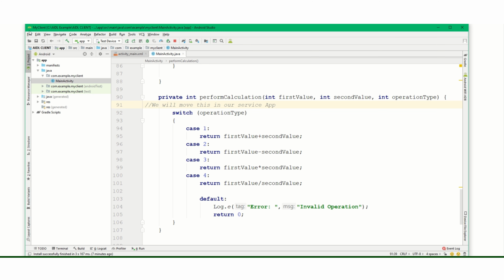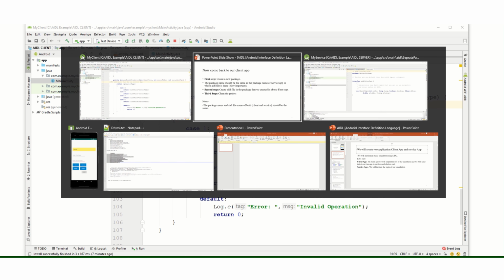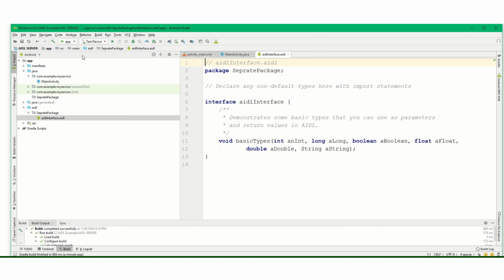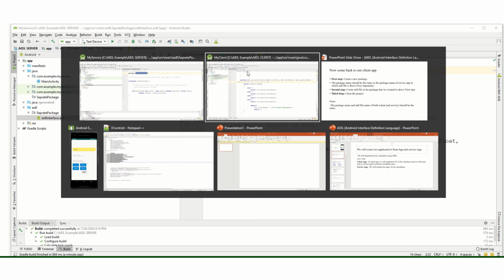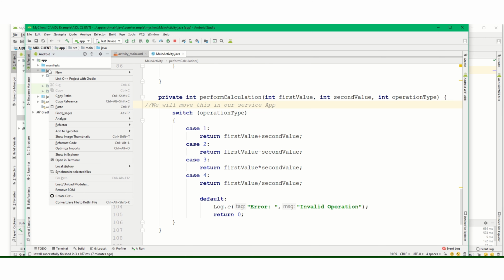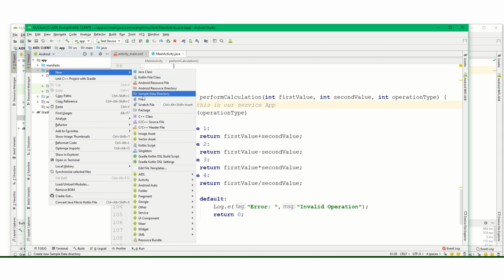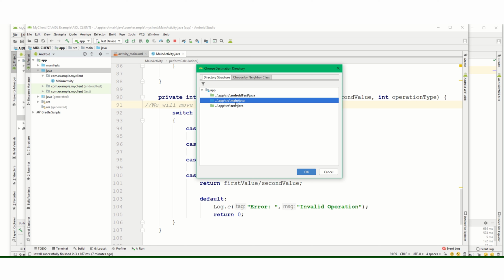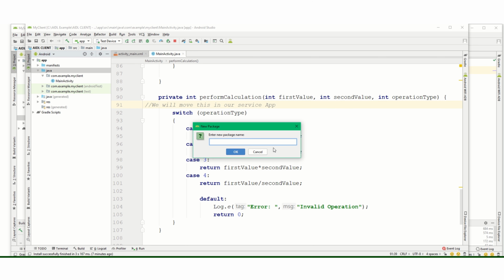Make sure the name is exactly the same. I copy it from here, go to my client app, click on Java, new, package, and paste that separate package, hit OK.